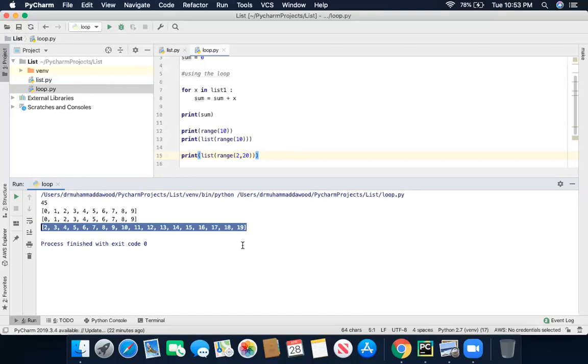Okay, I guess my internet connection is buzzing. Let me fix it. Is it good now? Yeah. Okay.